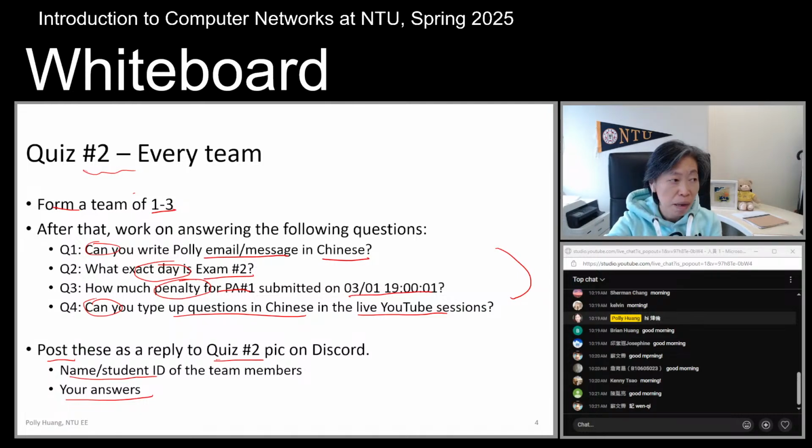Something you might want to try is to hit the shift key and combine it with enter. That allows you to go to the next line and continue typing. If you hit enter without the shift, it's going to be just 1 post, 1 line. So hit shift and then enter, and that allows you to keep typing in the second line. Okay, good.